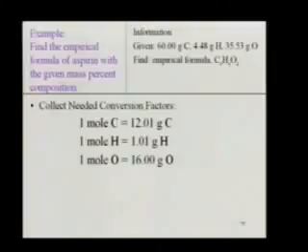Okay. So in order to, what we have to do, realize this. To come up with these ratios, to know how much of this versus how much of this versus how much of this, we have to use moles. Moles is the only thing, that's how we count things. Because what these numbers mean is how many carbons are there, not mass, not how much does a carbon weigh, how many of them are there. How many hydrogens are there? How many oxygens are there? The way that we do that in this class and with all chemistry is we don't count